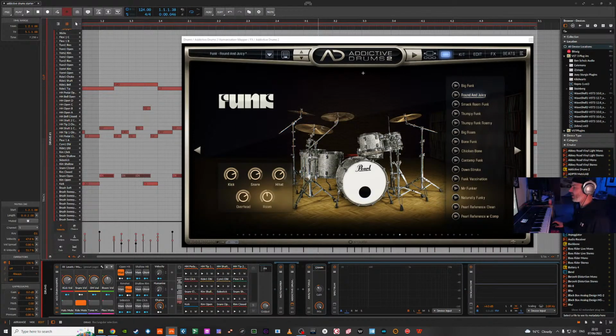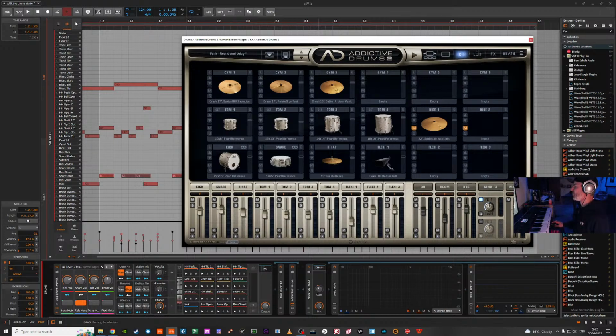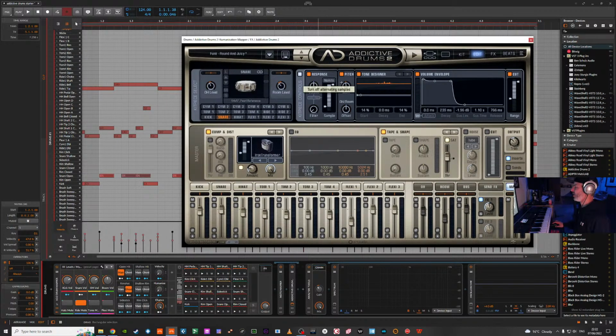We do have a lot of humanizing going on in Addictive Drums, though. I think each of the kit pieces has round robin type stuff going on, as long as this section is activated. Which, if I'm trying to emulate an old funk break at a slower tempo, I would probably leave on. If I was using this to make pitched up drum and bass drums, I'd have no alts on, so everything's kind of static. But trying to emulate a real drum performance, you know, you want it as kind of humanized as possible, really,